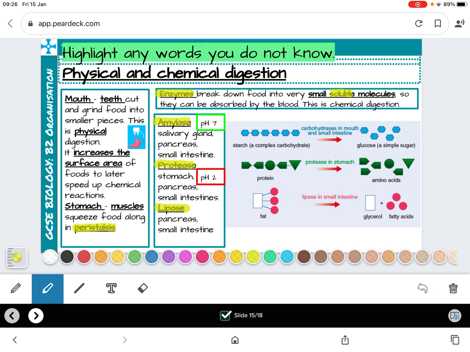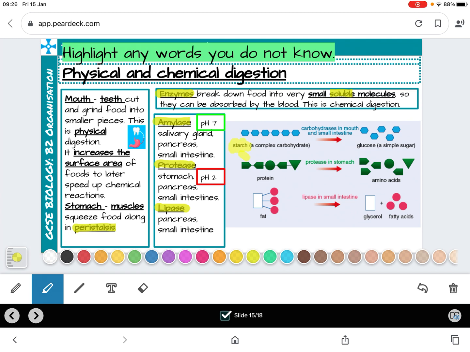We've got proteases that break down the protein. These are released in the stomach, the pancreas, and the small intestines, and they like quite acidic conditions in the stomach. The ones later in the pancreas and intestines work a little bit better towards less acidic conditions. And then we have lipases, which break down the fats, and you can look at these pictures here.